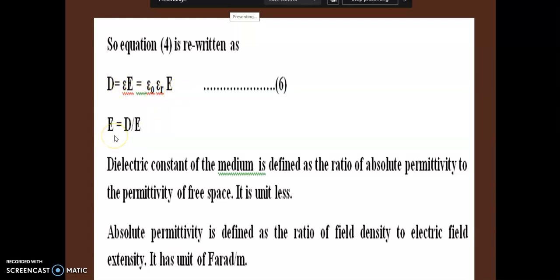And therefore, you can just see this. What will be there? D is equal to epsilon into E. So epsilon will be equal to, this is wrong, epsilon will be equal to D upon E. Okay. So the dielectric constant of the medium is defined as the ratio of absolute permittivity to the permittivity of free space, and it is unitless. Absolute permittivity is defined as the ratio of the flux density D